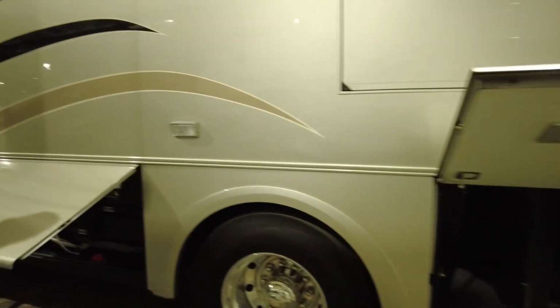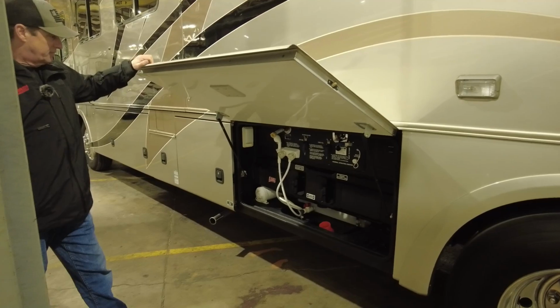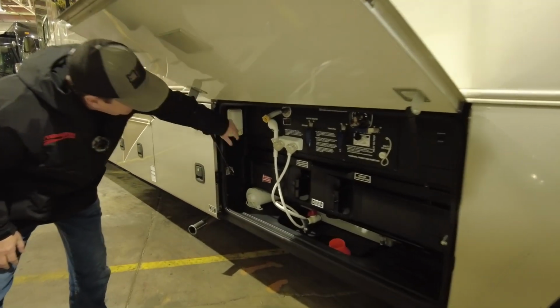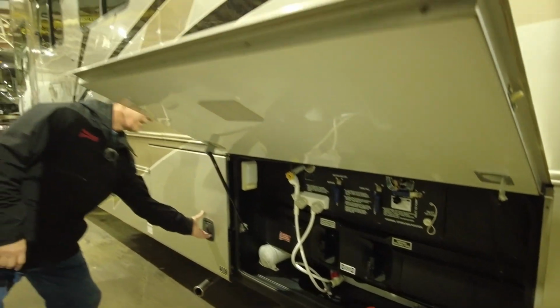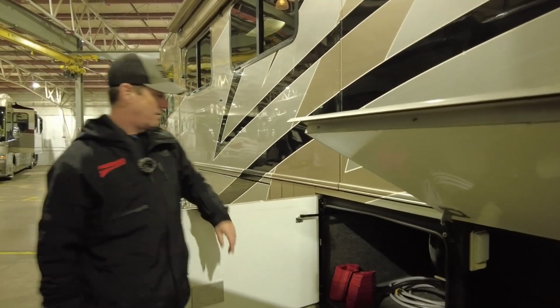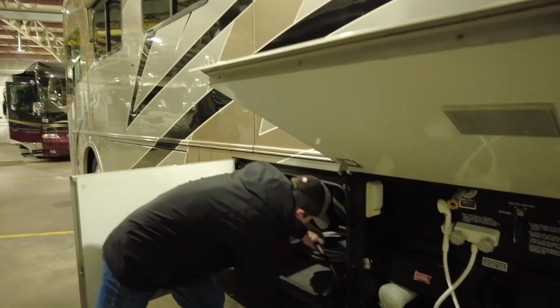Here's your plumbing bay. So just your poles for your black and gray and outside shower, a light, freshwater fill, all the basic stuff that you get to play with. All the fun stuff, right, Jack? So here's your power cord reel. It just comes in and out right here. We should probably plug this in a little bit, but